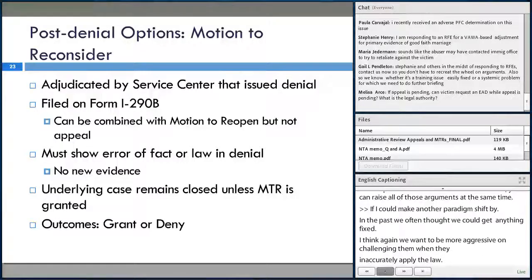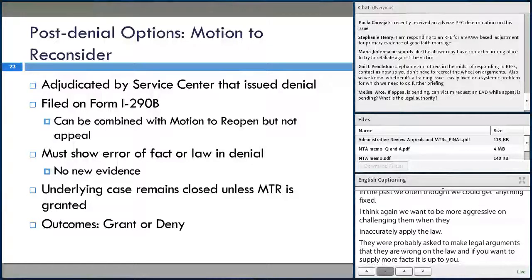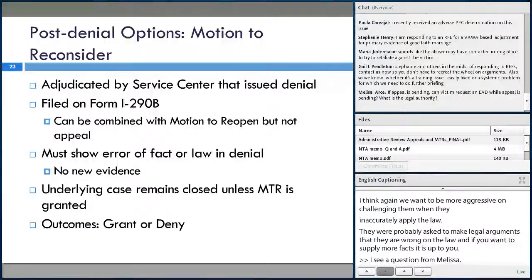I see a question from Melissa. If an appeal is pending, can the victim request an EAD while the appeal is pending? What's the legal authority? Okay, so the issue with appeals is that if you were already eligible for work authorization